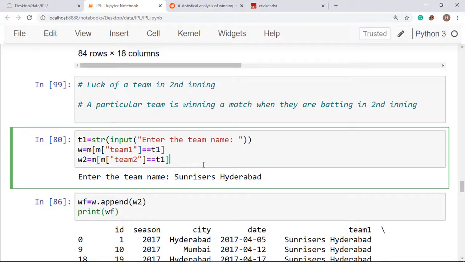So what do we have to check? We have to check whether a particular team is in team 1 or in team 2. And if they are present, then we have to collect all those rows from the main data set. So what I am trying to say here is, I have asked the user for the input, and then I